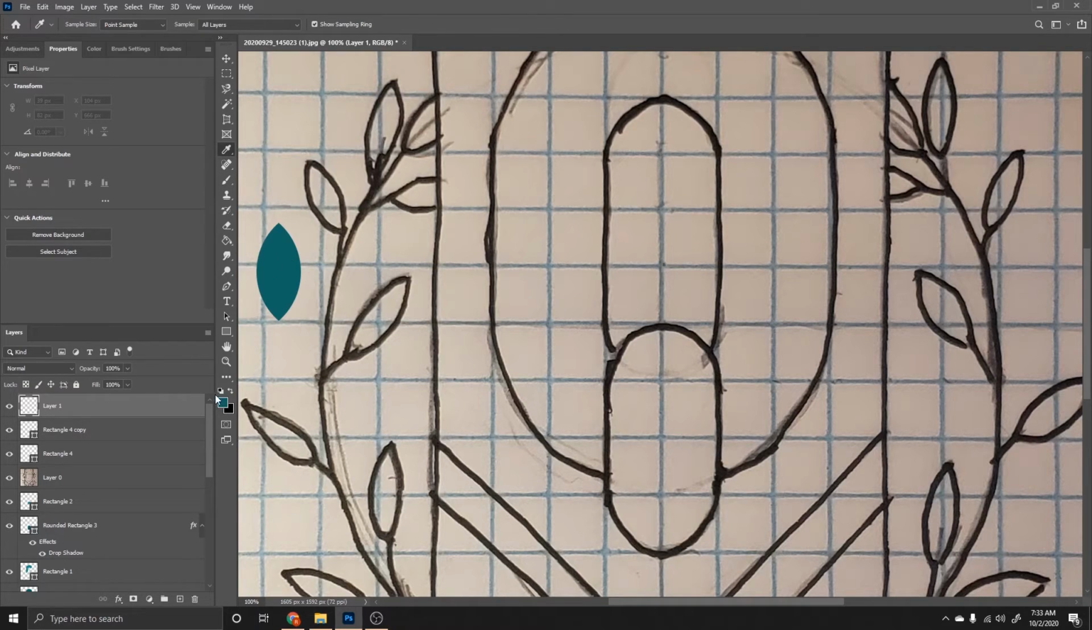So we set the color there using the color picker. If I hide one of these real quick so we can see a little bit better, what I want to do is just add a line